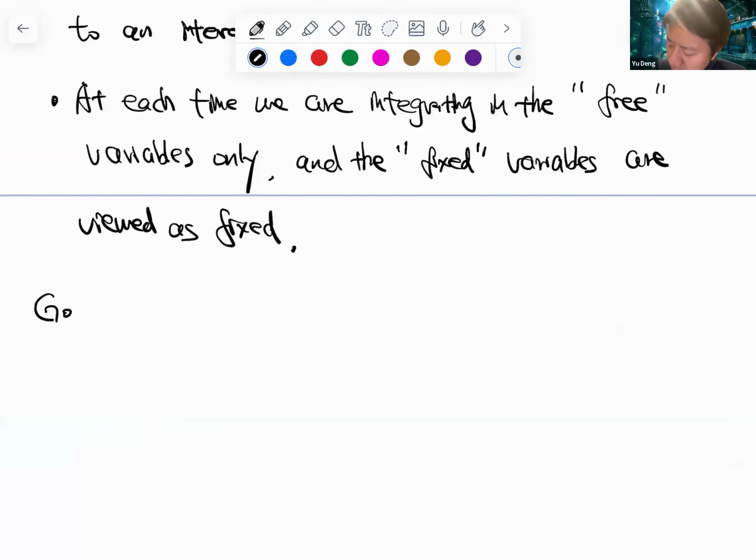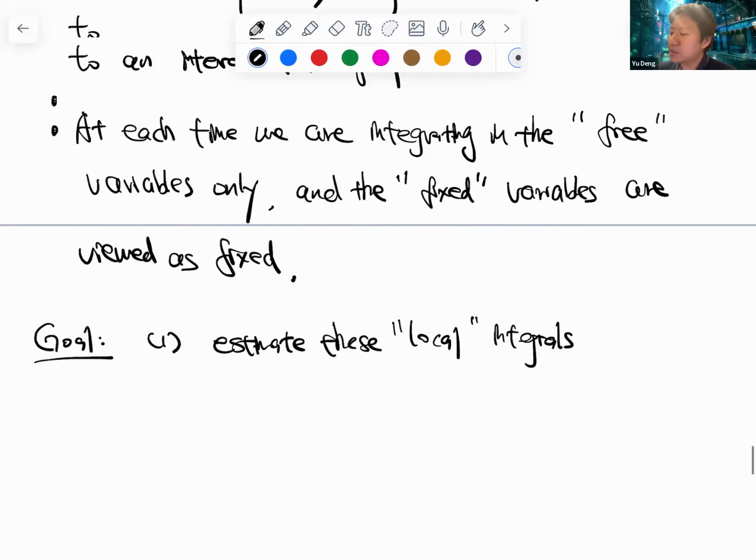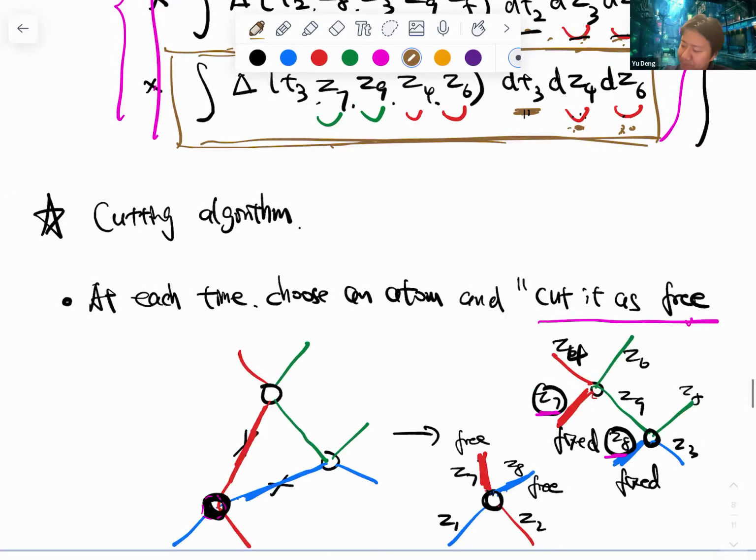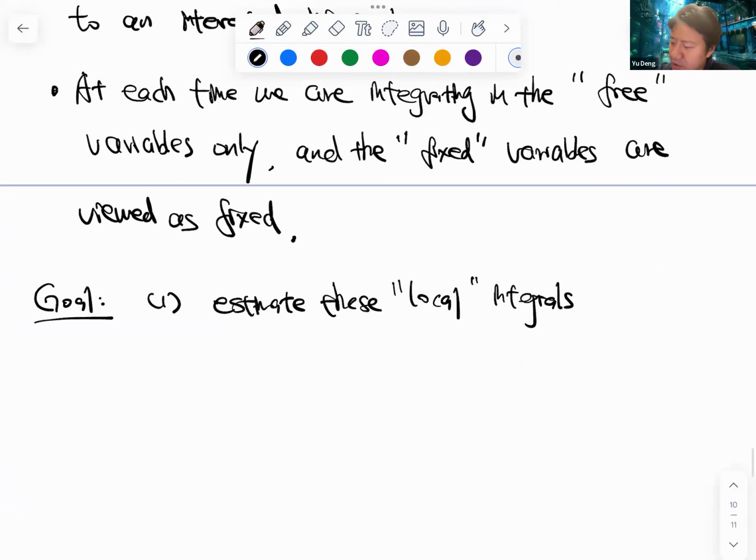Okay, so then the goal is to estimate these local integrals. For example, here you'll see that each line involves exactly one atom, one collision, one time variable, and at least two and at most four space variables. And this one only involves one collision, and this one only involves one collision. Okay, so we estimate these local integrals and identify